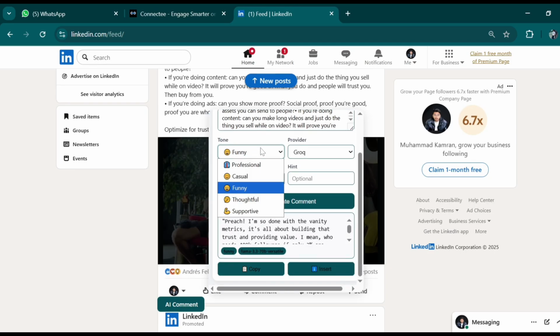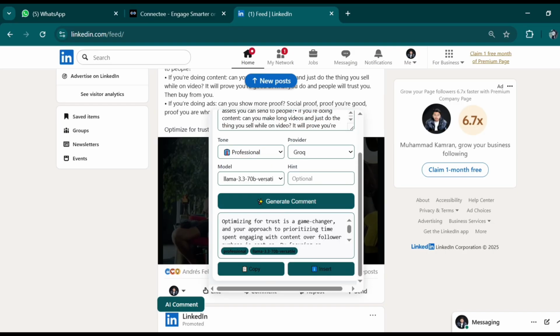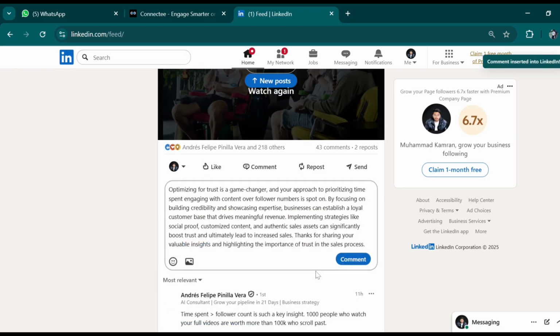If you want to generate a professional comment, then you choose the tone professional and again click the generate comment button. This will take some time, and at the end it will generate a professional comment for you. So this is the comment. You can either copy paste it or directly insert it into your comment window. This is how you can utilize the AI comment feature.